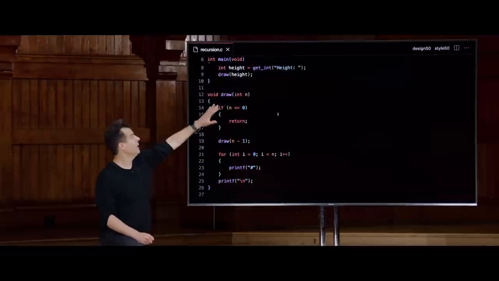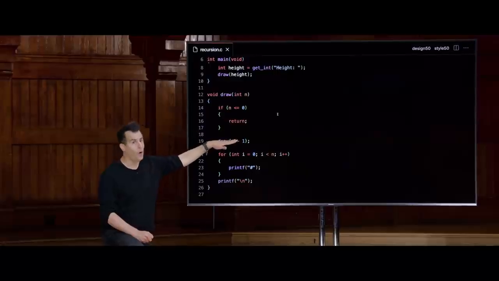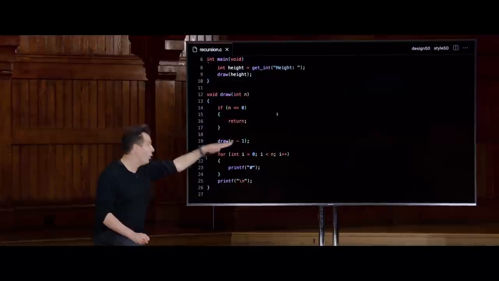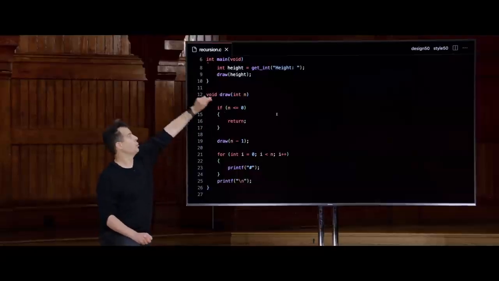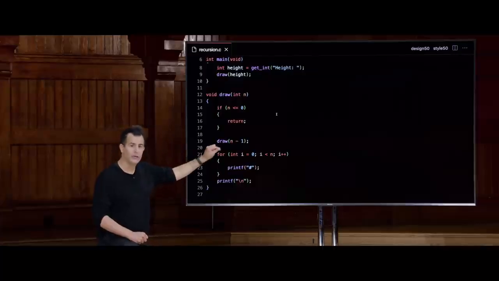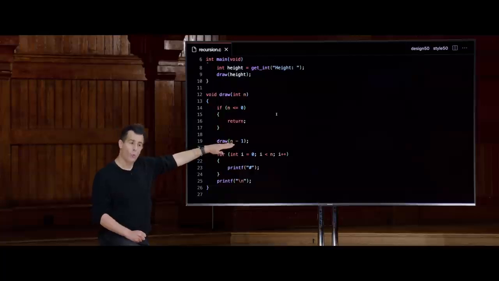OK, let's go back here. Doesn't apply. How do you print a pyramid of height 1? Well, you print a pyramid of height 0. That gets us back into here. Now this applies. And I do nothing. So it rewinds logically in your mind if following along. And I just said to print a pyramid of height 1, I first print a pyramid of height 0. OK, did that. Didn't require much effort.